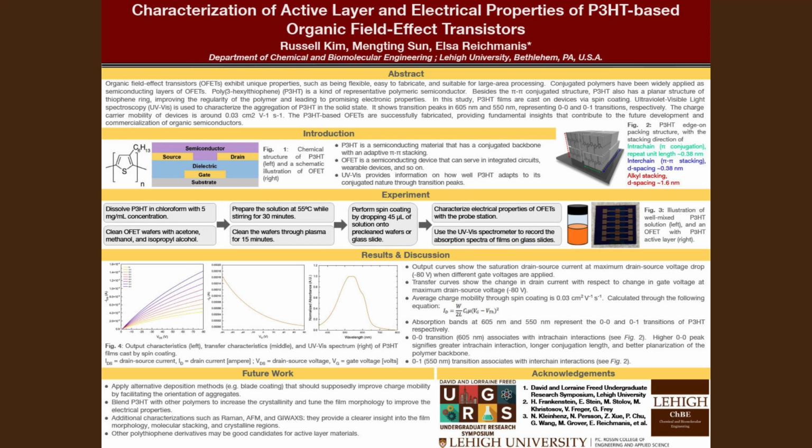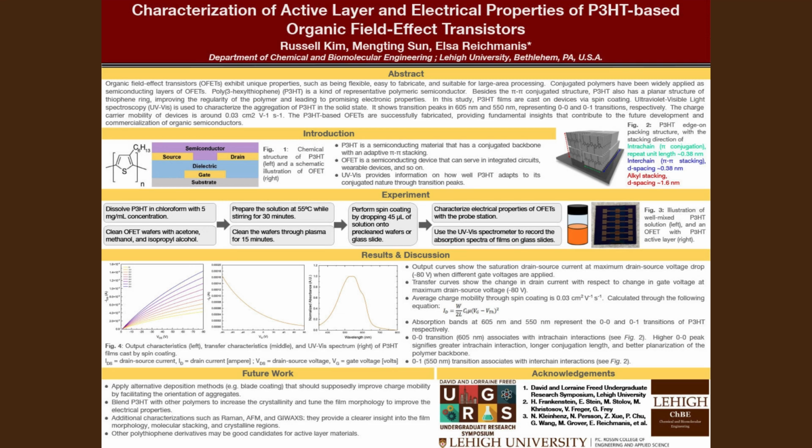Once the samples are prepared, the wafers are sent into a glove box for characterization using a probe station. The probe station is set up such that one probe sits on top of the source electrode, one probe sits on top of the drain electrode, and the last probe touches the gate electrode. Refer to Figure 1 as needed. This produces the left and middle graphs shown in Figure 4. Then, the key values from the graphs can be used to calculate electron mobility through the equation found in the middle of results and discussion. Once the glass slides are prepared, they are sent to a UV-Vis spectrophotometer to produce the right graph shown in